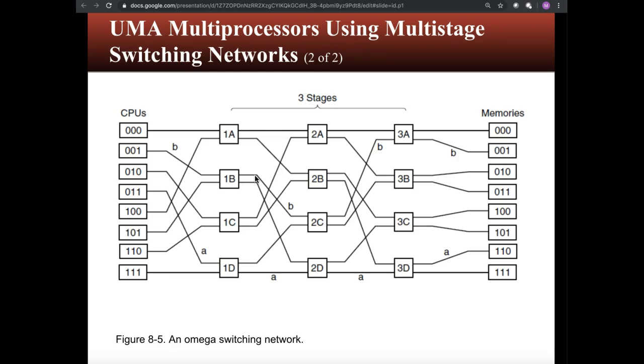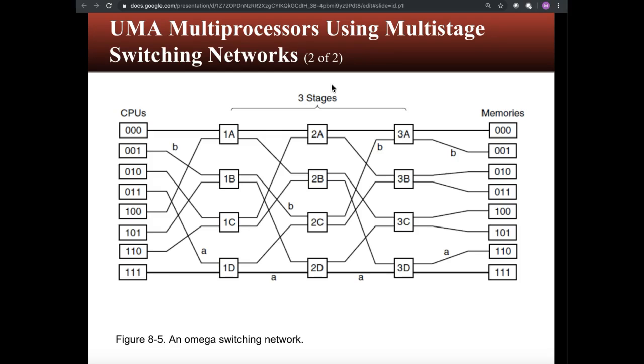This gets even fancier with different kinds of switching. So this is the omega switching network, just another example, and there are many, many different ways to look at it and do it. So this is 3 stages. Doesn't this remind you of something that we've talked about before? Multi-level